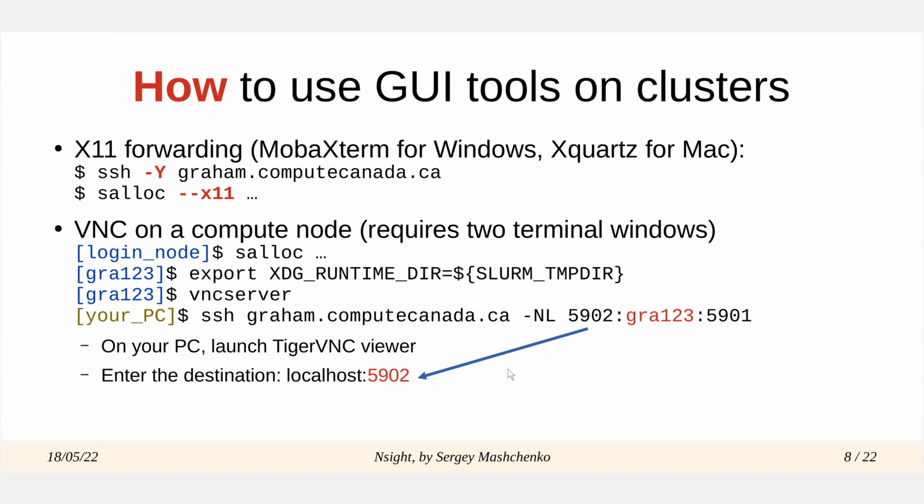And then what you have to do is install TigerVNC Viewer on your personal computer. It's available for Windows, Mac, and Linux. Just the viewer. You don't need the server, just the viewer. When you launch it, it's going to ask you for a destination, and your destination will be localhost, colon, and then this number, which typically is 5902. So it may sound a little bit complicated compared to the X11 approach, but it gives you significantly better performance. And as a bonus, if you do it once manually, the next time you do that,